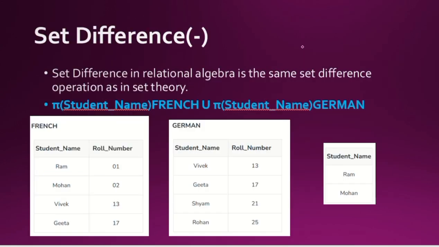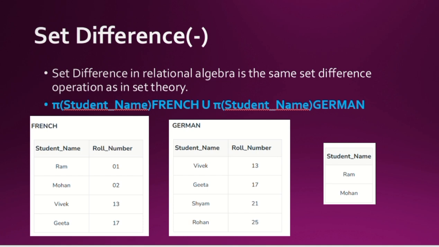Now just go for the set difference. By listening to the name, difference means it is a minus, means to reduce information from one table or to reduce the duplicate values and to represent the remaining. Just check here, set difference in relational algebra is the same as the set difference operation in set